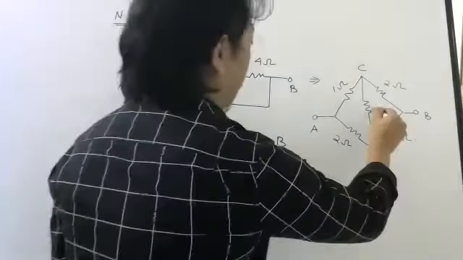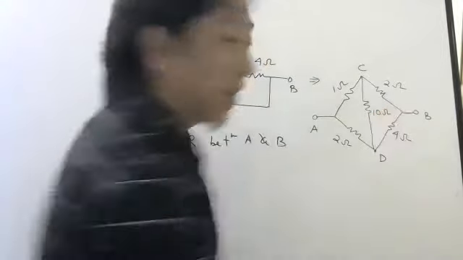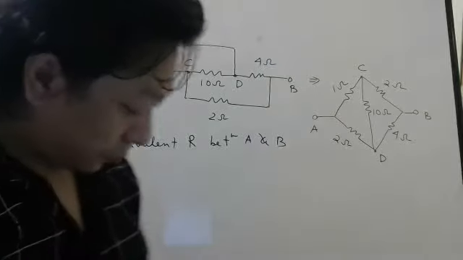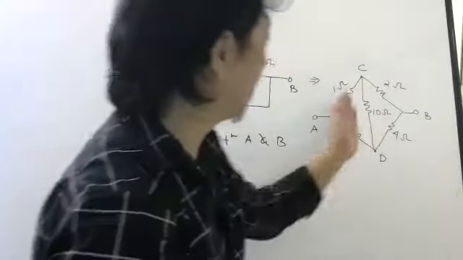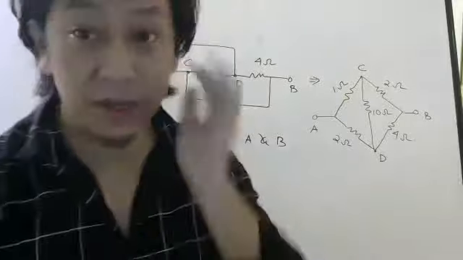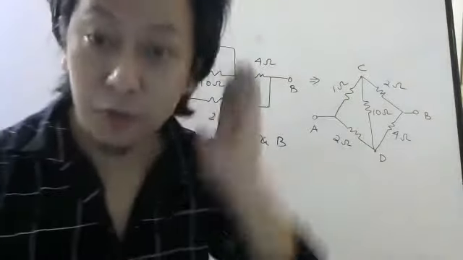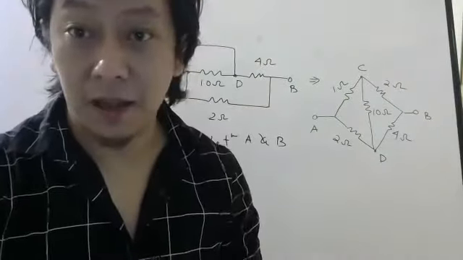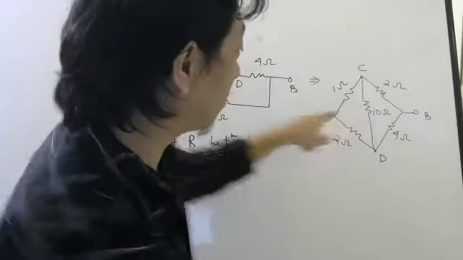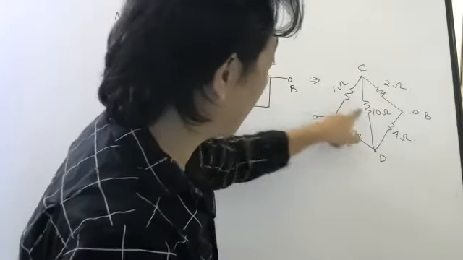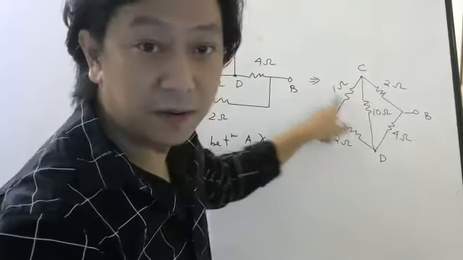So this is your 10 ohm. Now students, if you draw this line like this, you will see that there is no symmetry. This is 1, this is 2. So symmetry is not there, so we cannot use the symmetry concept. On top of that, if you check, these two are not in series because current is dividing here. Again, you check, these two are not in parallel also.